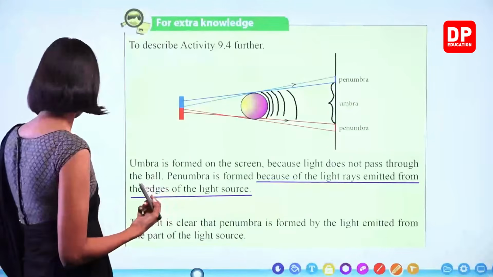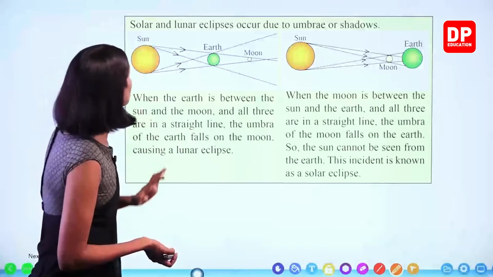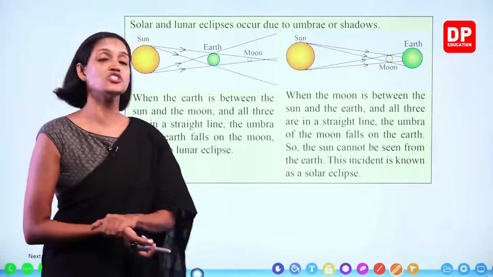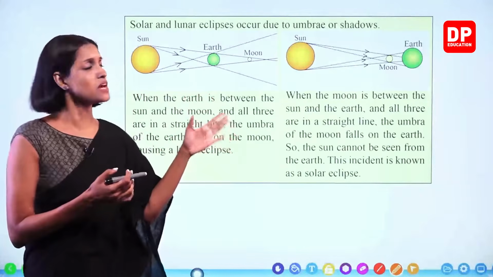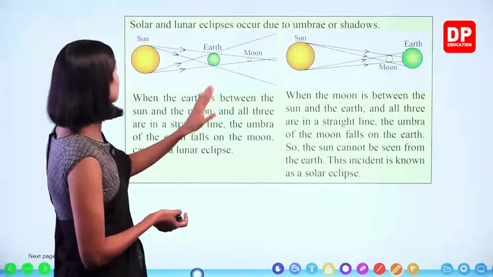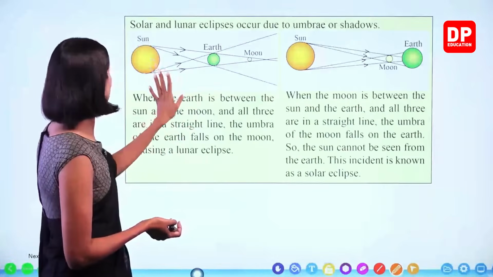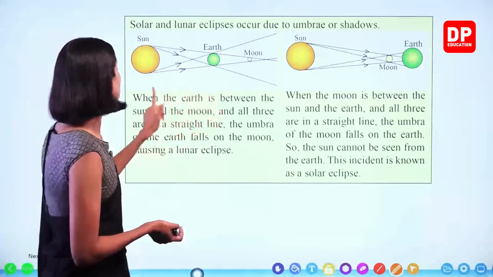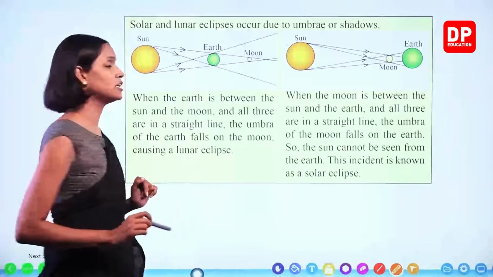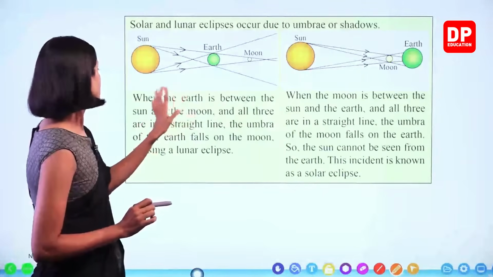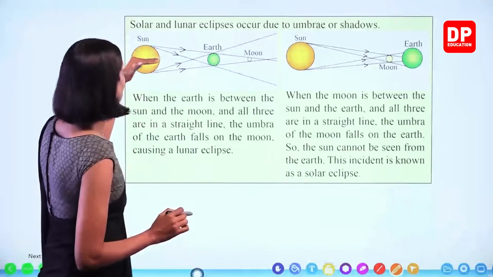Okay? Right. So, look at this other extra knowledge part, children. Solar and lunar eclipses occur due to umbrae or shadows. So, you all have heard of solar eclipse and lunar eclipse. How does this happen, children? Right? Look at this one. Look at this side. Here, this gives when the earth is between the sun and the moon. Now, this is the earth, this is the sun, and this is the moon. Right, children? When the earth is between the sun and the moon, and all three are in a straight line,